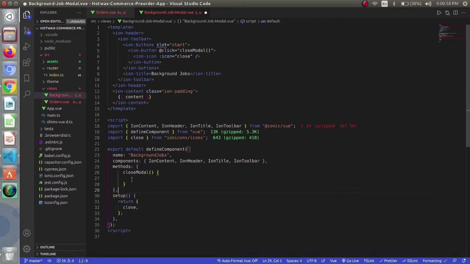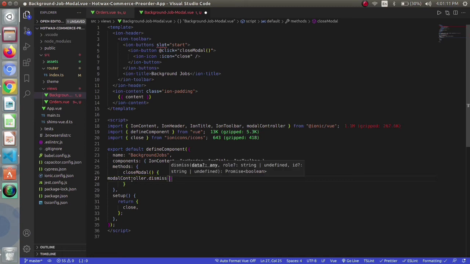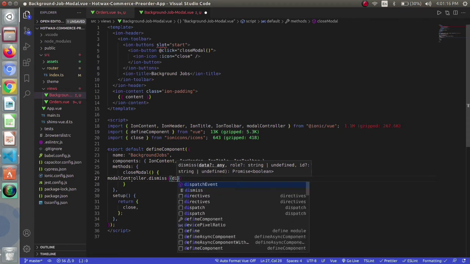Then inside the close modal, I want the modal controller to be dismissed. So I will be using dismiss, and inside that I will be using the dismissed event. I will be declaring its role and setting its role to true.